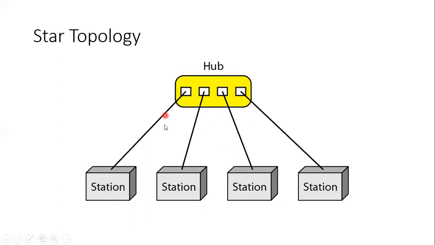So the advantage of this one is that it requires less cabling. Only we have connected here 1, 2, 3, 4. If 4 systems are there, then only 4 cables are required. Whereas in the mesh, n into n minus 1 divided by 2 cables are required. That is one of the advantages. Then